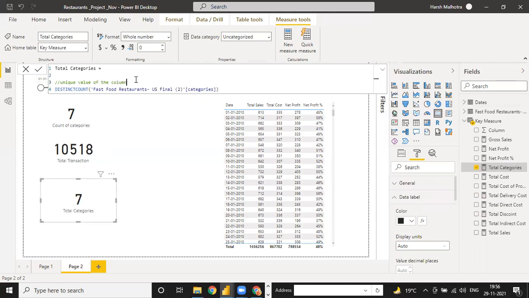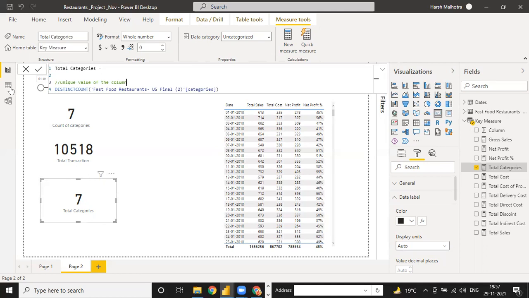And guys, this is not just for one column. Suppose you have countries data, region data, or employee data, where one employee has multiple transactions day-wise. You can use distinct count there also.